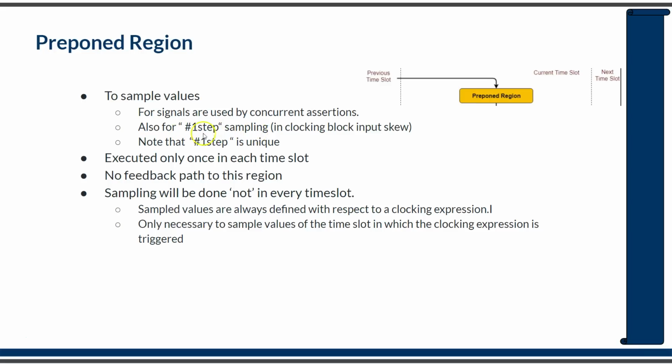Please note that #1step is a unique term. You should never use this step term with anything other than #1. So you should never use something like #2step or #3step. There is a specific meaning for #1step, and you should only use #1step in specifying a clocking block input queue. This is a general coding guideline. It might not give any error if you use anything other than #1step, but if you keep this coding principle, it will give you predictable results in the simulation.